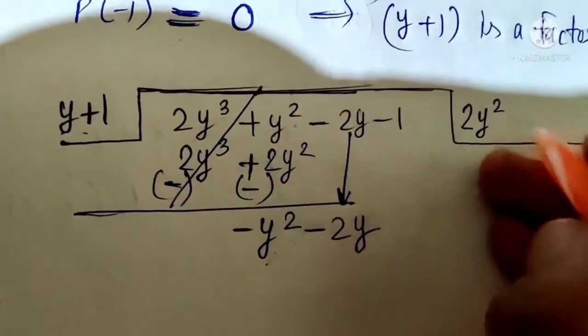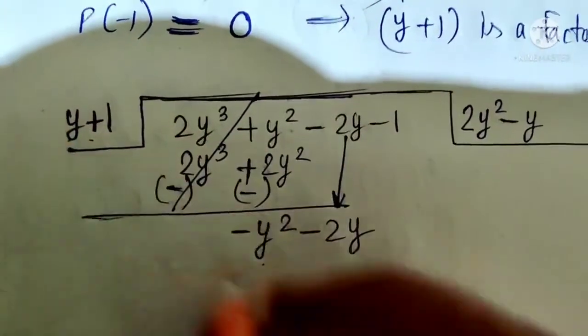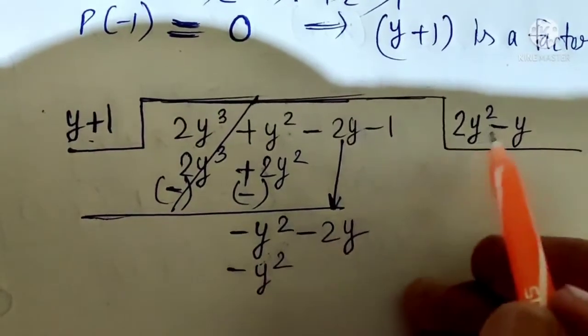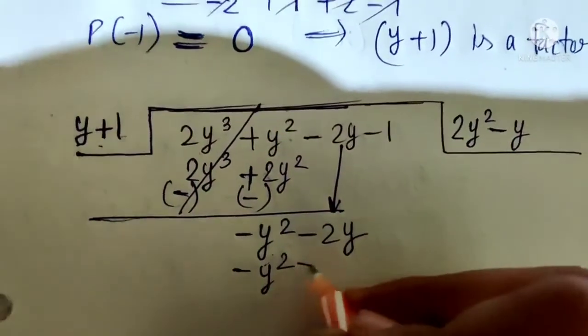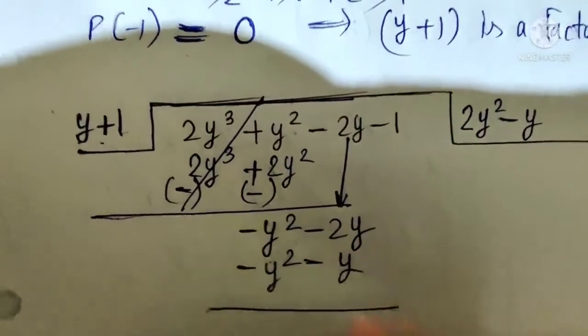So to multiply by minus what? Y only, because y into y square. So minus y into y will become minus y square, and minus plus minus in between, and 1 into y, so it becomes y only. Now again I have to subtract.